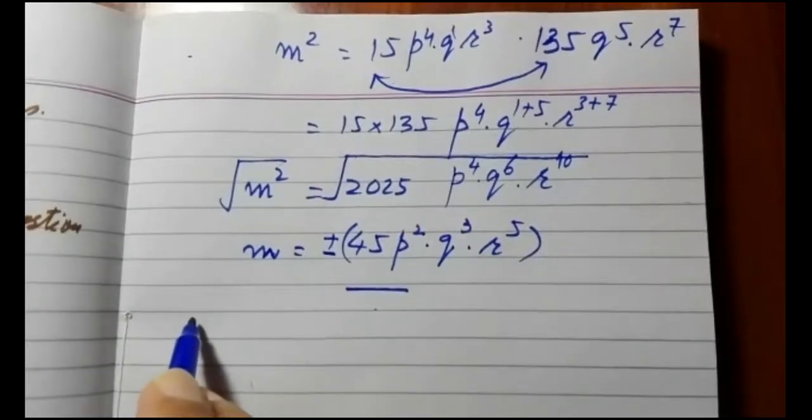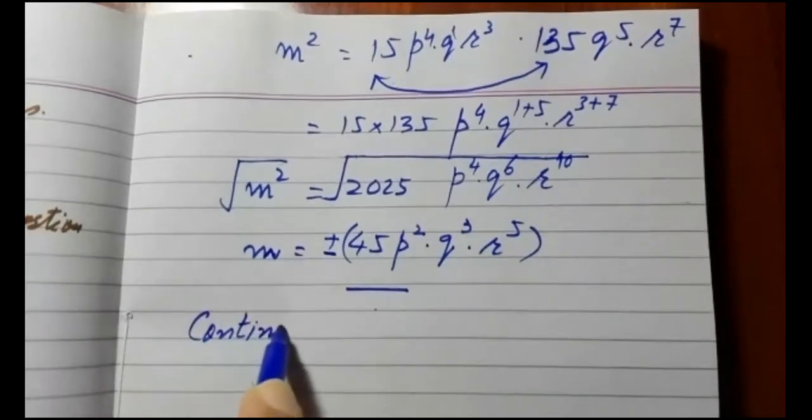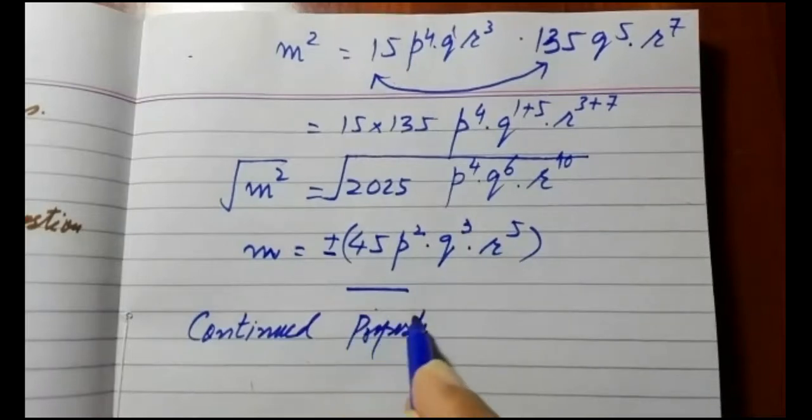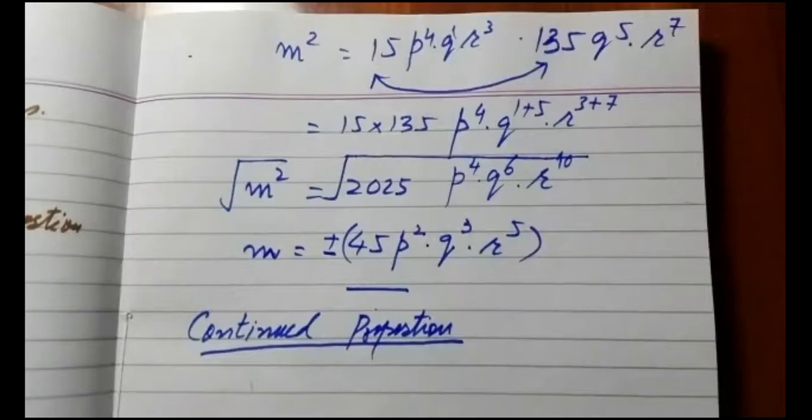And finally, we are working on the last formula, or you can say the last definition, that is called continued proportion. For continued proportion, we again need a few values to write it. I also want to share with you where it is written. It is on page number 57 again.